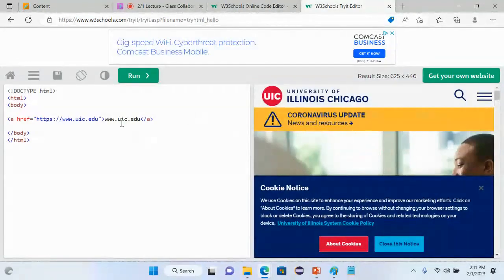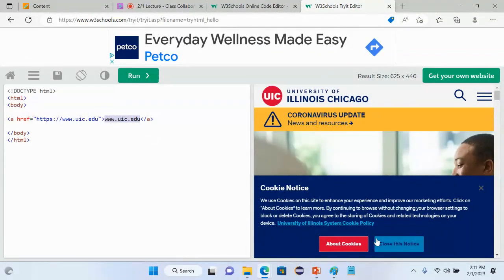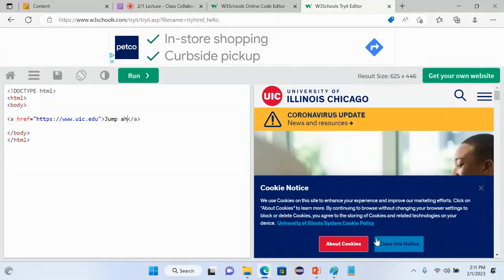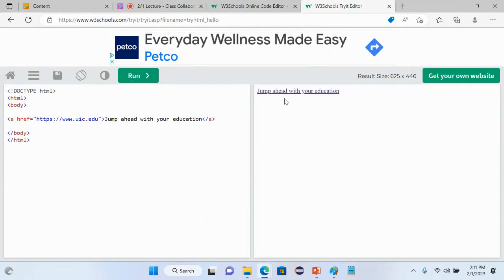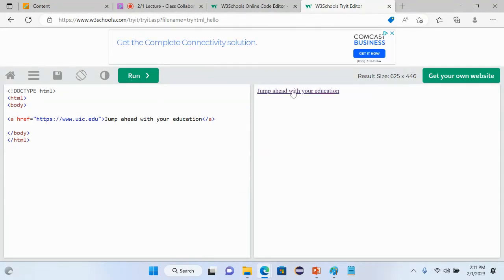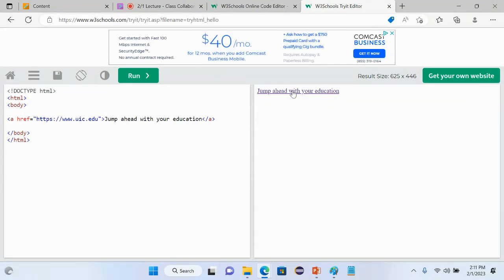How about that? But if I wanted to, I could put some different text to show along with the link, right? I could put in something like, jump ahead with your education. Here I'm being a propagandist for UIC, but they do sign my paychecks. So I could click on that, right? But the point is, you can have a more interesting label on your link. They're not trying to fool anybody. So spoofing is not inherently a malicious thing. It's just that you can attach a different appearance onto something than what it actually directs to.